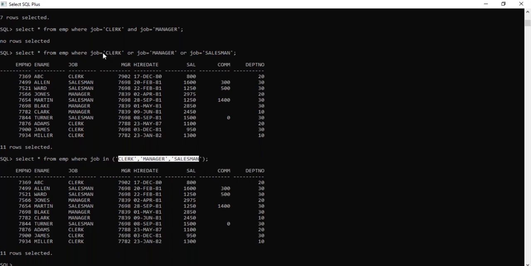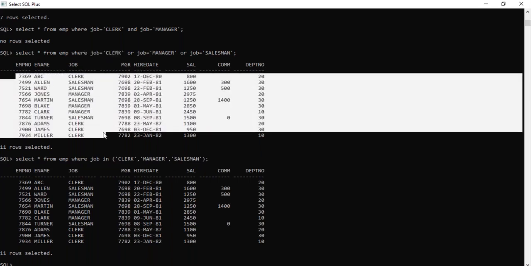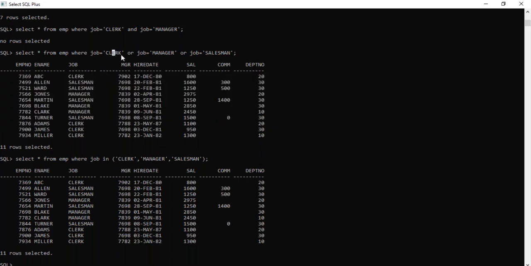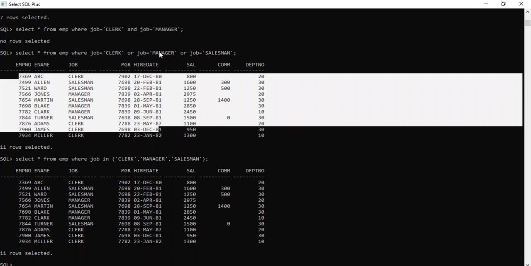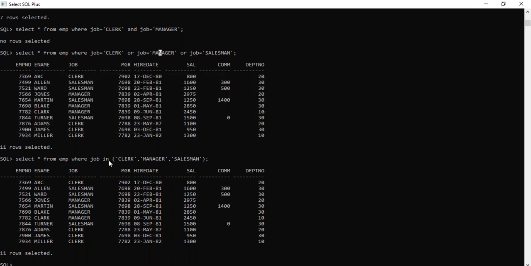Now I want to write a query for rows which are not related to clerk, manager and salesman. What will you do? NOT IN, that's all. See, analyst, president, analyst, only 3 are related. The remaining are not in clerk, manager and salesman. That's all.